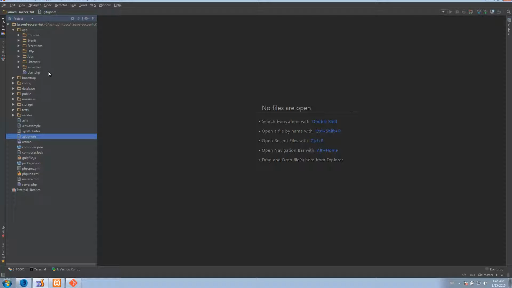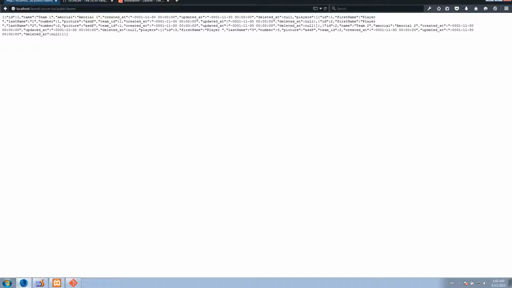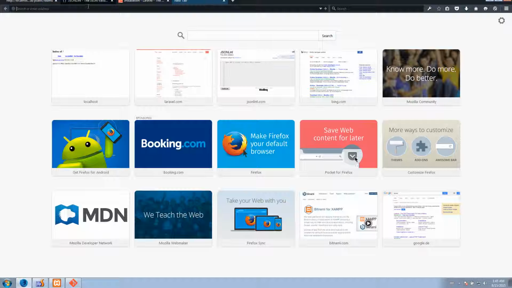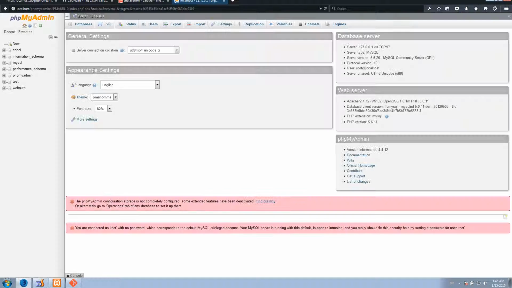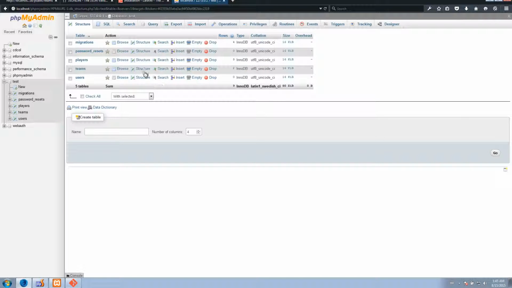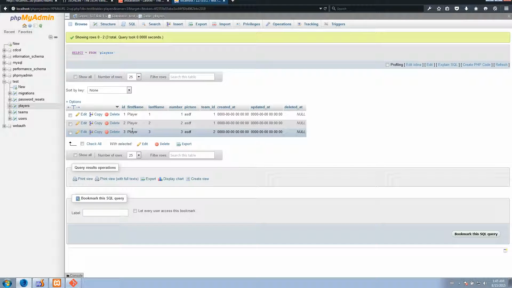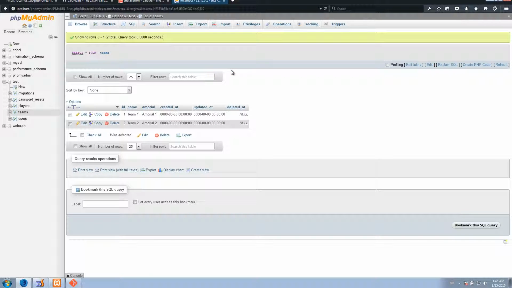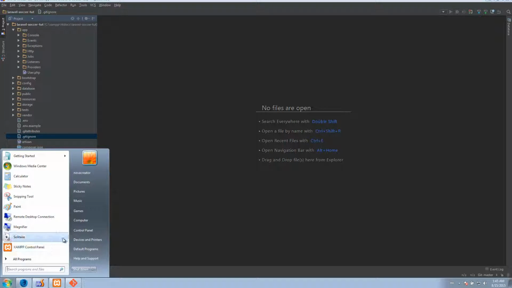I want to get all the teams out of the database. Out of our database right here, we have our players here, and we got the teams right here. So everything's fine. And for the next step, I want to generate models to use